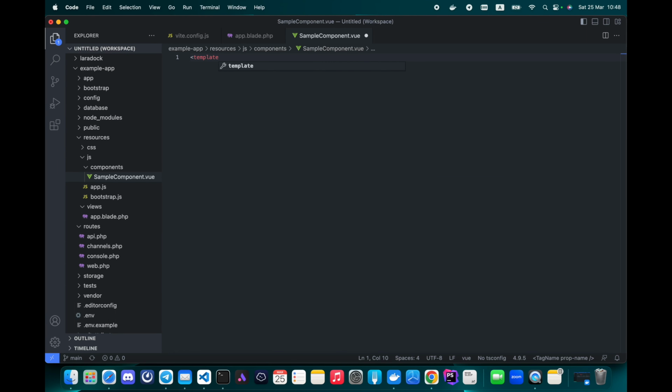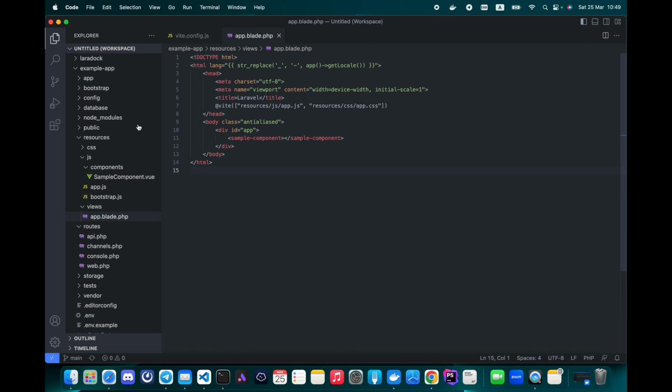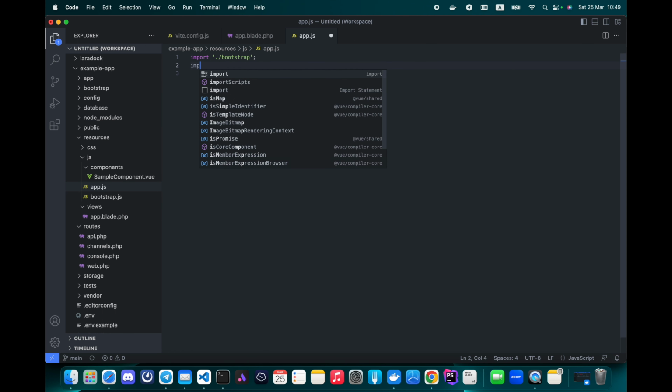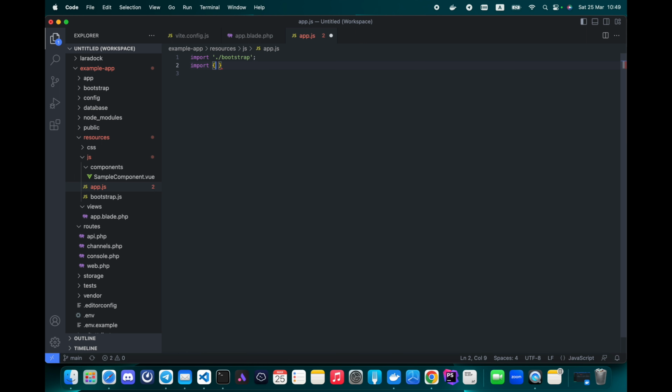Create a template element and put a hello world header in it. Next, we will add some magic in the app.js file to create a Vue application instance in our view.